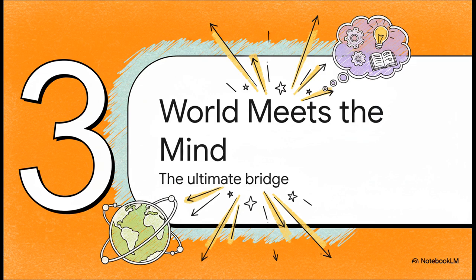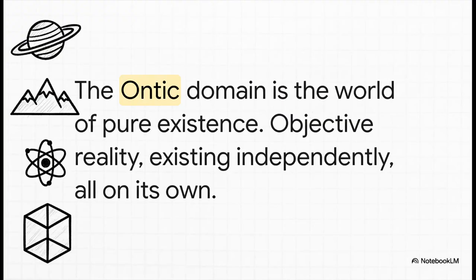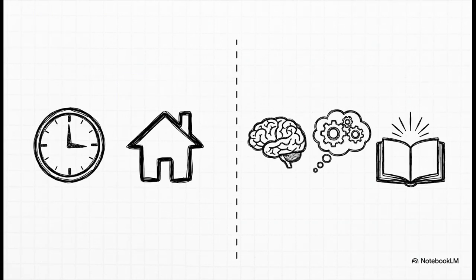Okay, so we have our building blocks. Now let's start putting them together to see the bigger picture. How exactly does consciousness become this ultimate bridge between the physical world out there and our minds in here? So on one hand, you've got that ontic world we talked about, objective reality. It's just out there doing its thing. And then, way over on the other side, you have our epistemic world, all our knowledge and concepts.